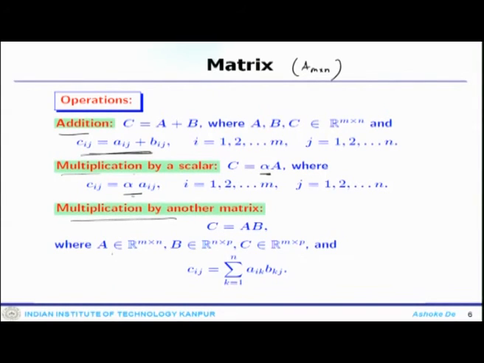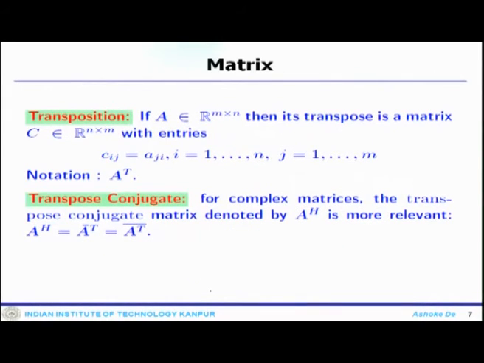The important property for the multiplication is that I am trying to get a matrix C by multiplication of A and B. So, A is m by n, so B has to be n by p. These two dimensions need to be the same, then only the multiplication is possible. That means the number of columns in A and the number of rows in B need to be equal, then only you get the multiplication by this kind of approach.